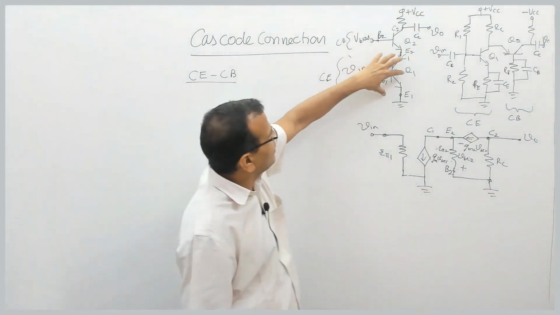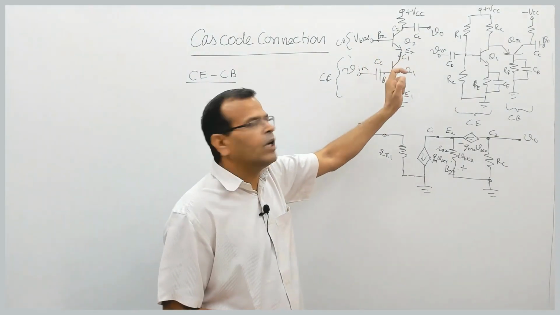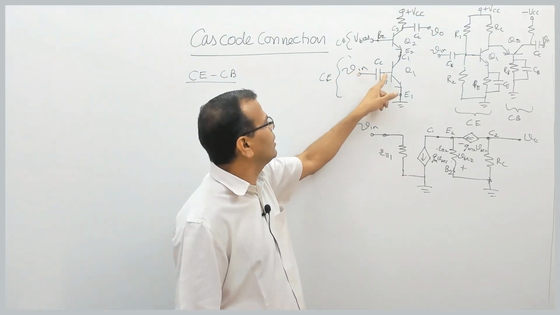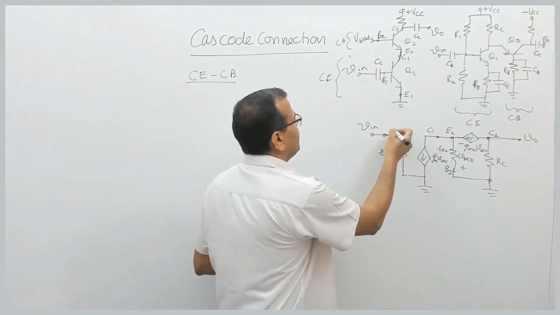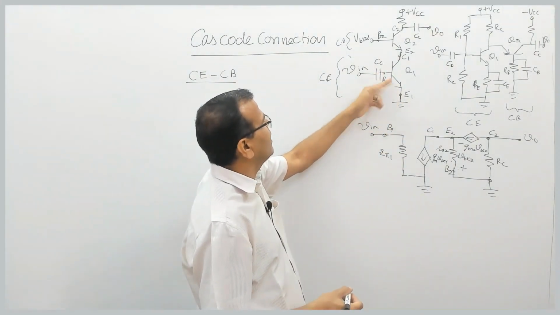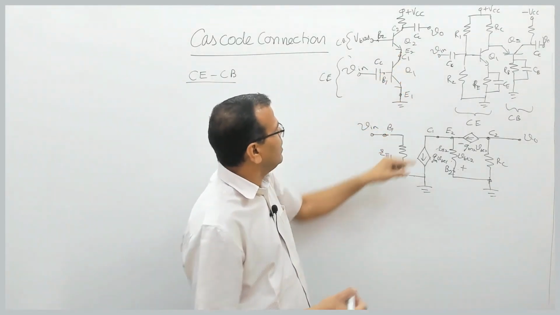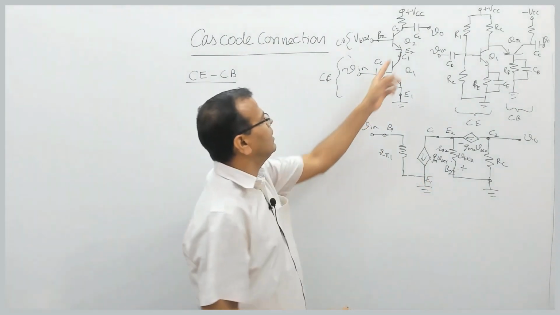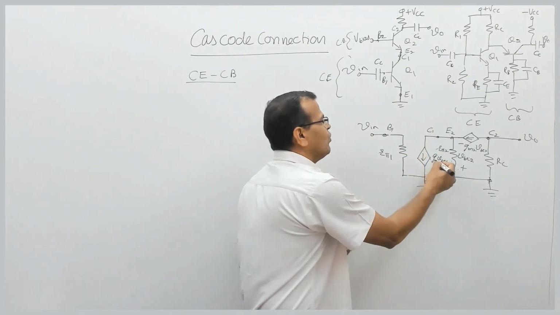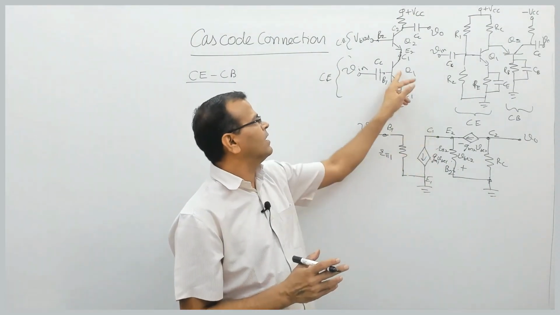So if you see, this is the input stage. For drawing the small signal equivalent, what do we do? Replace the capacitor by a short circuit. So this is shorted. This terminal is B1, right? Then what is there between base and emitter? We have a resistance r pi. I am drawing the pi model. What is there between collector and emitter 1? This is emitter 1. In the small signal equivalent, between collector and emitter we have the current source, that is gm1 into vb1, a voltage dependent current source. gm1 is the transconductance of Q1.